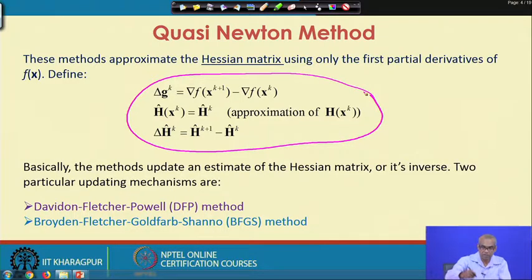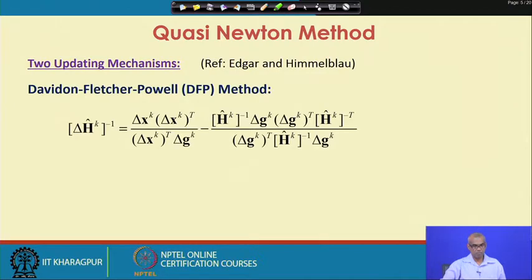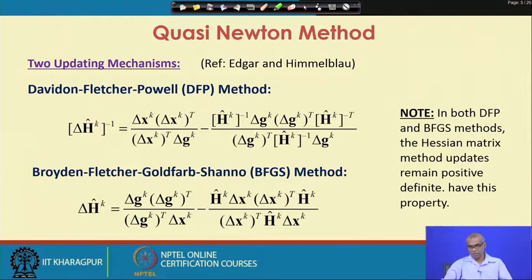With these definitions in mind, the DFP method or the BFGS method updates the Hessian or Hessian inverse as shown by this expression. It may be noted that both DFP and BFGS methods keep the Hessian matrix positive definite.